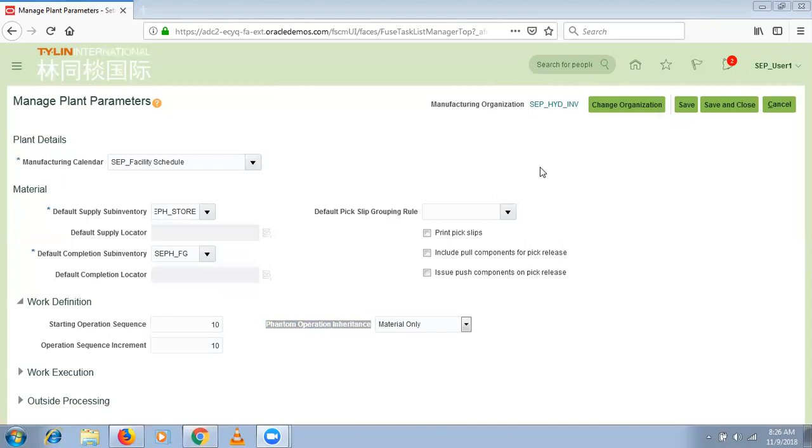So in this work definition only, we are going to pull all those components. Then here, phantom operation inheritance: material only, and material and resource. Material only, nothing but, only we are going to pull the components for the phantom imaginary item, whatever components are there. Material and resource, nothing but